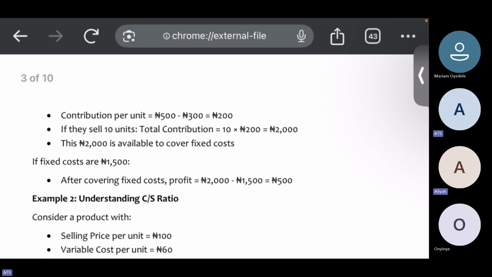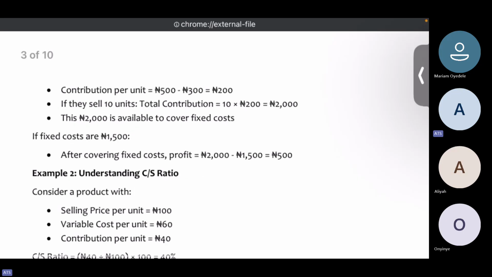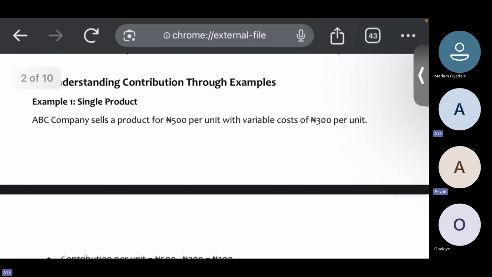Contribution. Is it contribution or contribution to sales ratio? From contribution per unit. Okay, so for a single product,